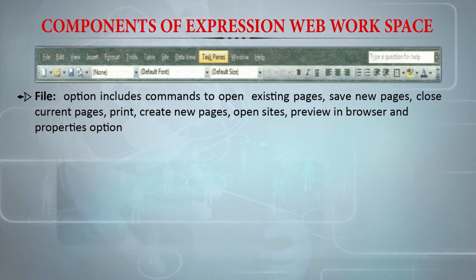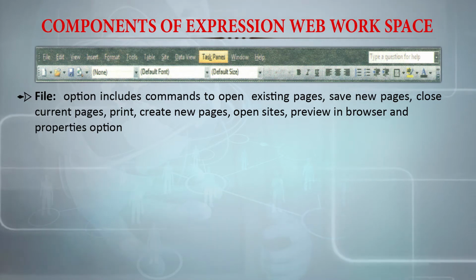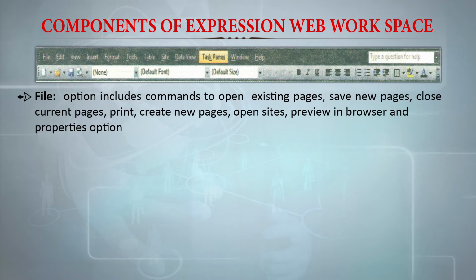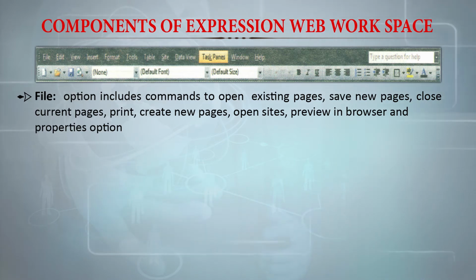So now suppose you are using a tool instead of the code. Here we are using Microsoft Expression Web. Suppose that we are using some other tool, it does not matter. But whatever you use, it is essential that you preview it in the browser, and if it is okay for you, only then you will be saving it and moving ahead.